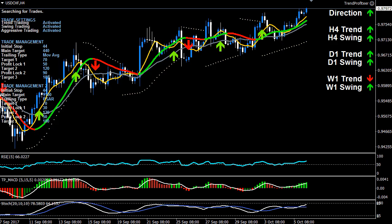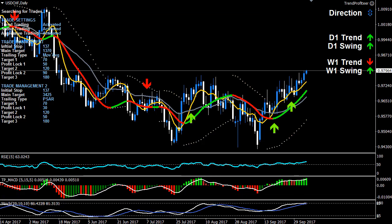Dollar Swiss has also been going up. 5 out of 6 higher time frames are pointing up, and it's a very similar story to the US dollar. Daily, we're right in a good spot here. We've had the daily trend trade and now a daily swing, and it's broken these critical resistance levels here. So we only have one more level, and that's just this one here. But these were the main ones that really stood out. It's cleared that, and it's looking pretty strong for continued